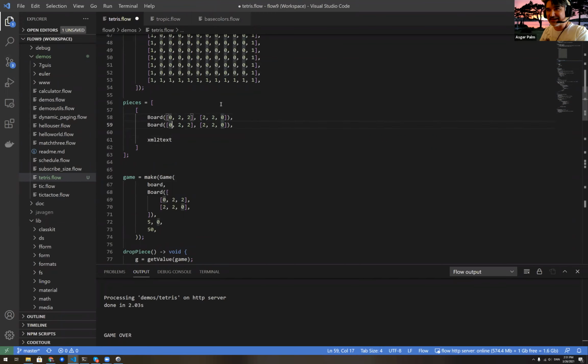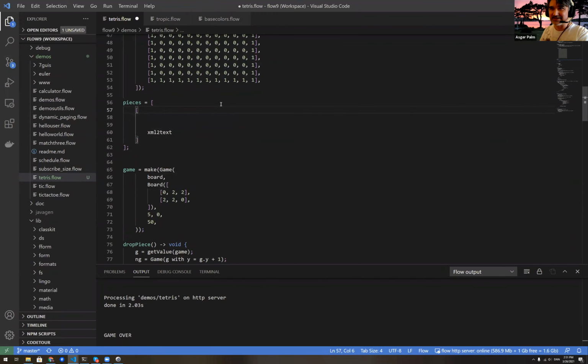Okay, maybe I should do a string conversion. All right, let's do that. So let's make a function that'll say parse piece. So I'll just say 022, new line 220. Okay, that's one, I guess. And then it's like, when it's like this,